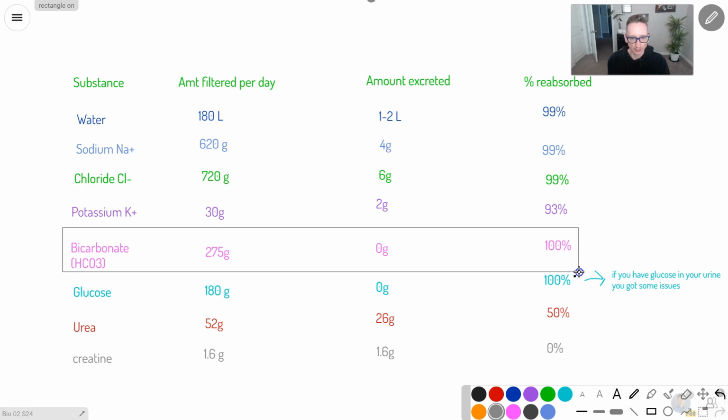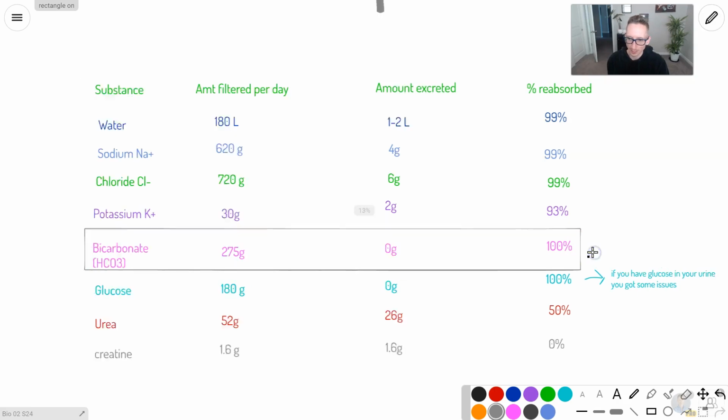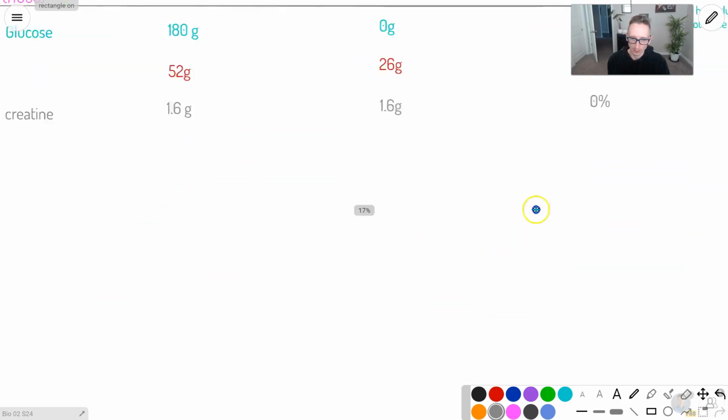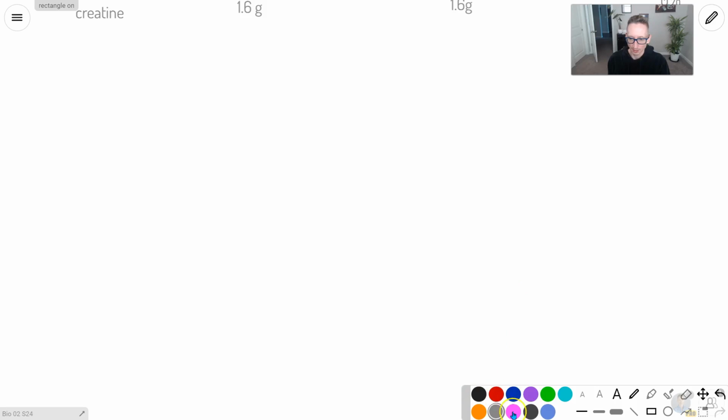The other one that's really fascinating is this one, this bicarbonate ion. All of it is saved. Your kidney wants to hold on to this. And I talked about this in lab, but let's just talk about this reaction again. So we have, anytime you mix CO2 plus water, and our body actually has enzymes to facilitate this to make it faster. CO2 plus water